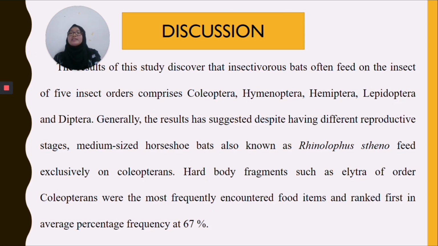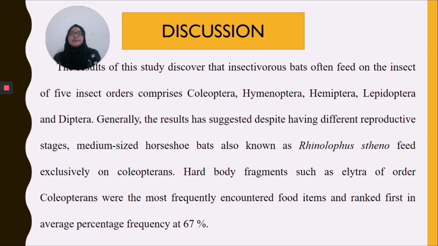Rhinolophus stheno feed exclusively on Coleopterans. Hard body fragments such as elytra of other Coleopterans were the most frequently encountered food item and ranked first in the average percentage frequency at 67%. Okay, so for my second